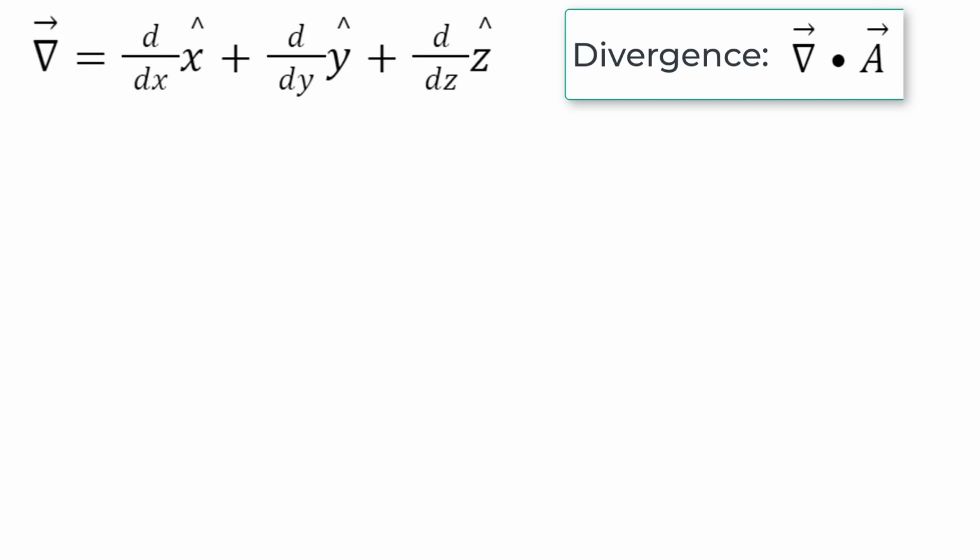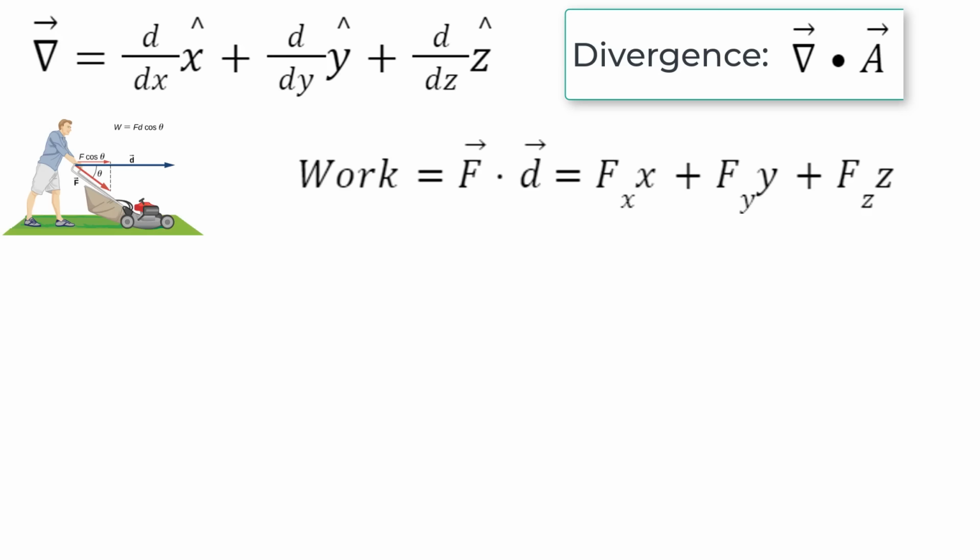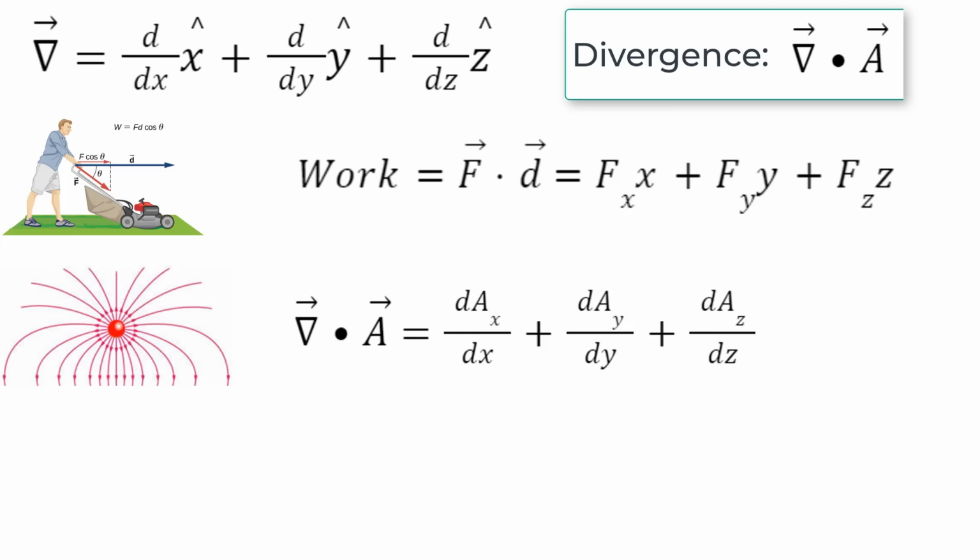Let's start with the divergence, del dot a function, as it's the easiest. Remember, with the dot product, you multiply both x components plus both y components plus both z components. Therefore, if you take the divergence of a vector A, you get the derivative of Ax dx plus the derivative of Ay dy plus the derivative of Az dz, or how much the vector A changes in all directions as you move in space away from a point.